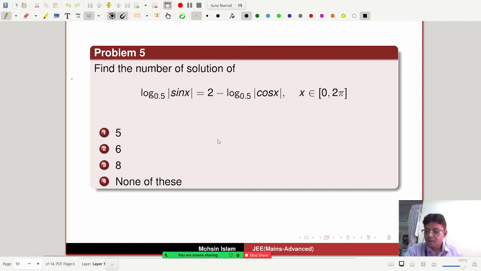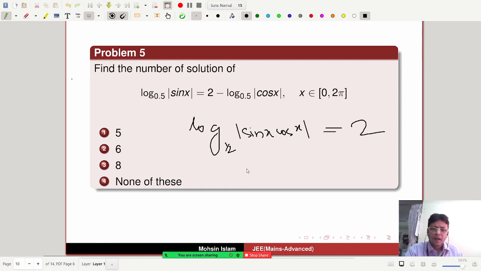So let's solve this. Before that, let me simplify. You take this log on both sides. So log half, we can write 0.5 or half. Addition of log will be multiplication, so we can write modulus of sin x cos x equal to 2. So mod sin x cos x, using the properties of log, that will be